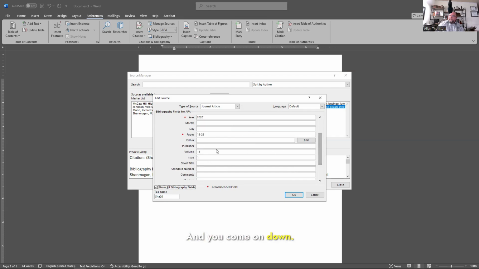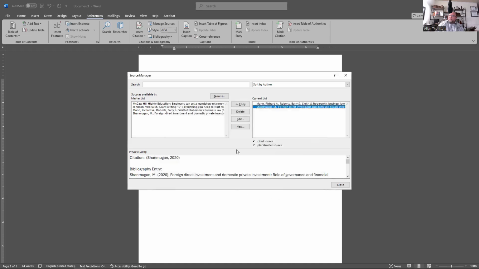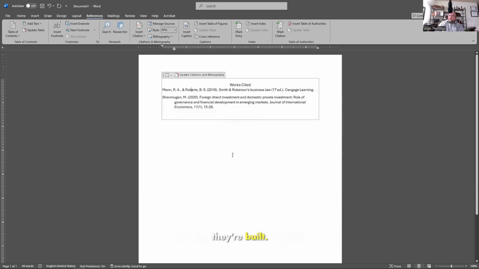And you come on down, volume and issue are both right here. So your volume and the issue. Then the DOI is always at the bottom, URL and DOI at the bottom of it. Okay, there's those and how they're built. I'm not going to go through the process of typing one in just for the sake of time and you having to watch a long video. But if I'm doing something similar to what I did here,